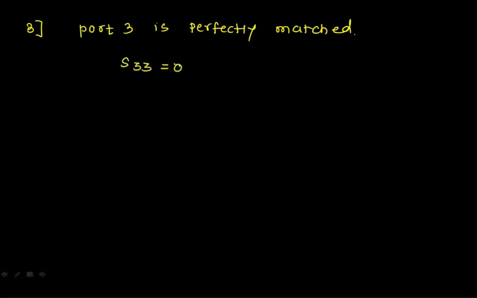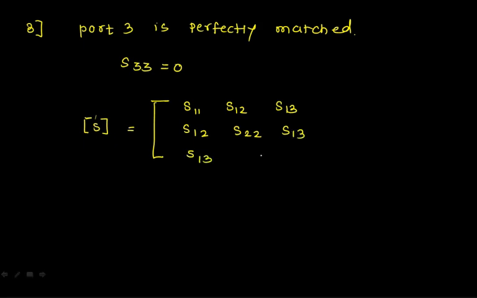I can say S33, there will be no reflections in the same port. Now my matrix here becomes S is equal to, I just put all the values, S11, S12, S13. I have replaced my 21 with 12, 22 same. I have replaced my 23 with a 13. Then this also, 31 becomes 13. This becomes 13 because it was initially 32, which is nothing but the 23, and that 23 is nothing but 13. So this is the replacement, and this is a 0.